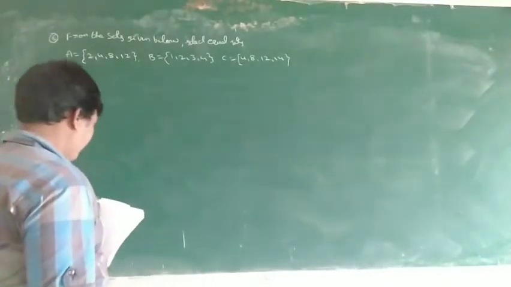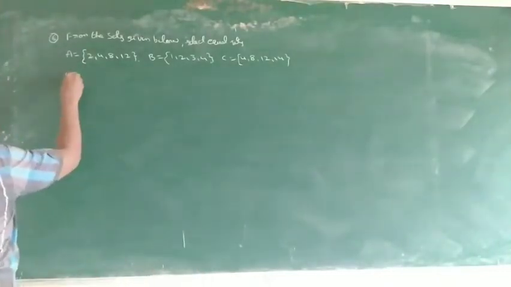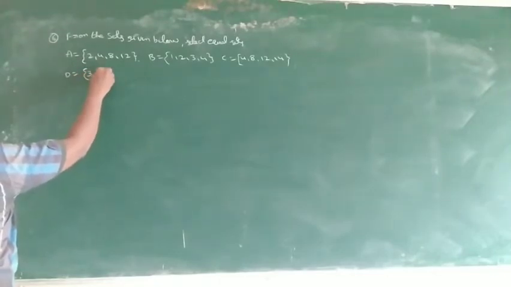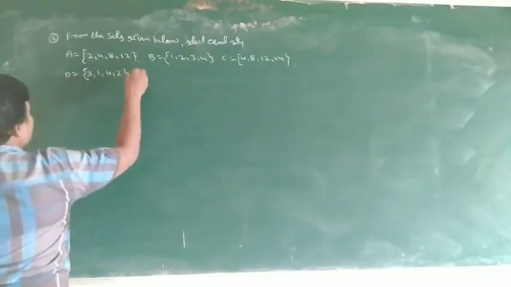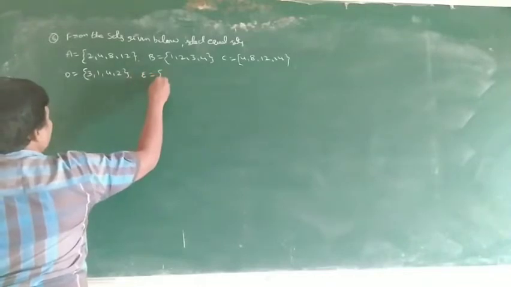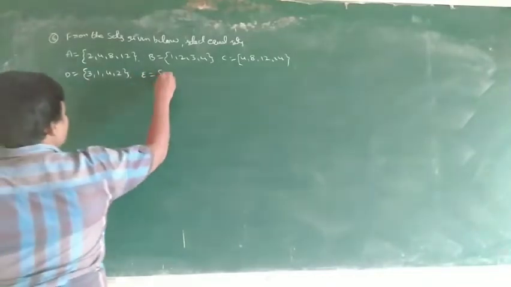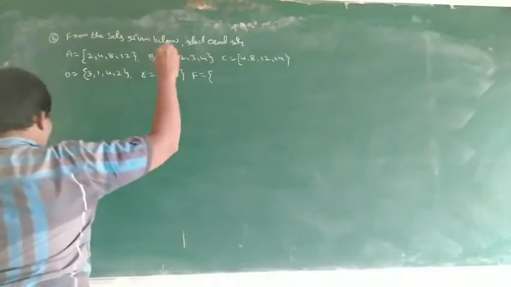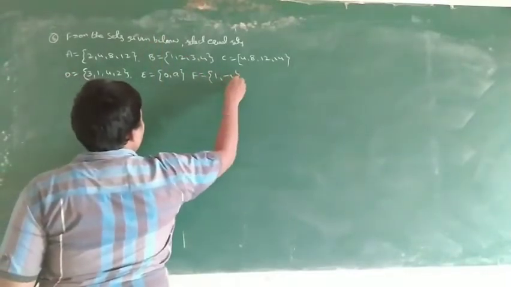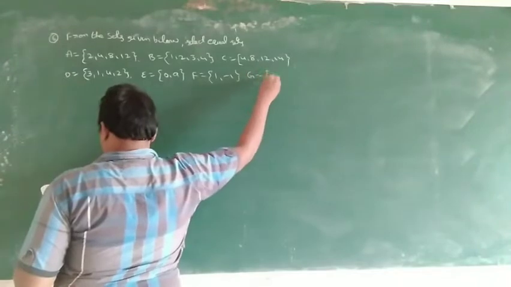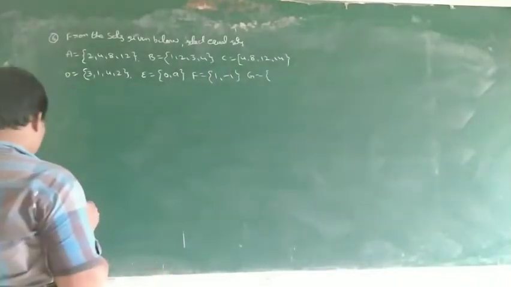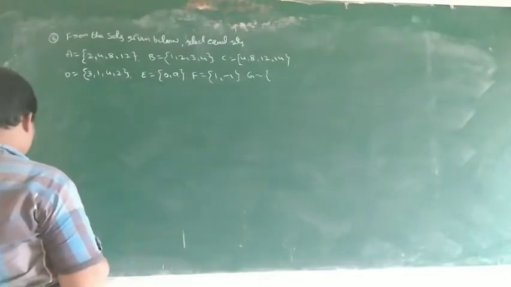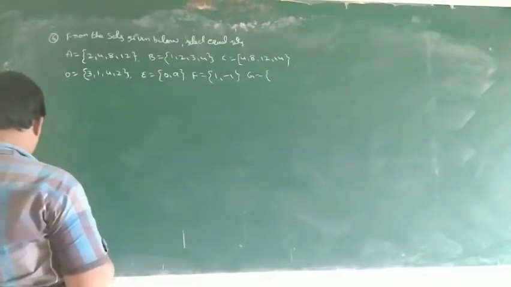D is equal to {3, 1, 4, 2}. E is equal to {0, a}. F is equal to {1, minus 1}. G is equal to